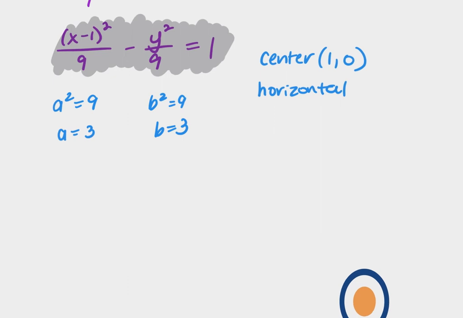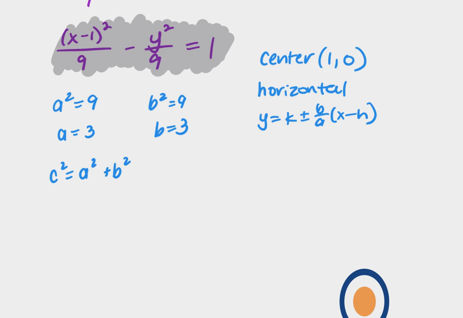We're going to practice our asymptotes. If it's horizontal, it's y equals k plus and minus b over a times x minus h. Horizontal is b over a, vertical is a over b. And we're going to practice the foci too. For that, we need c squared, and c squared equals a squared plus b squared